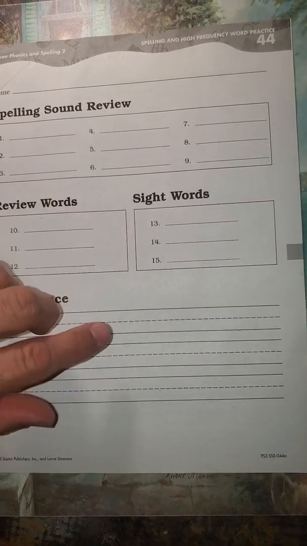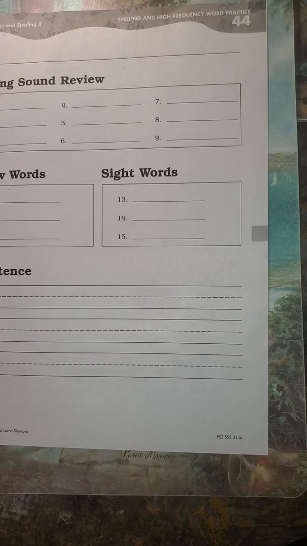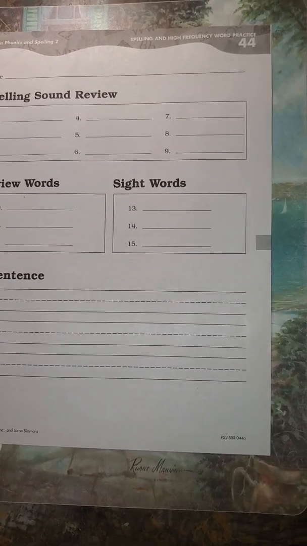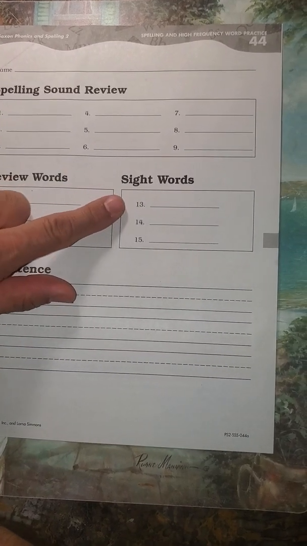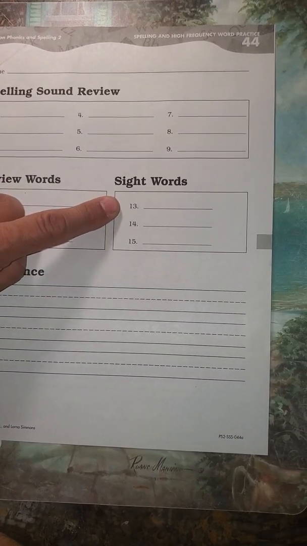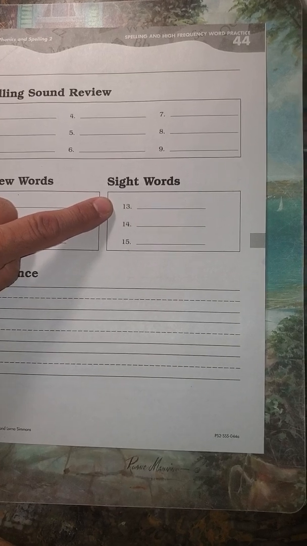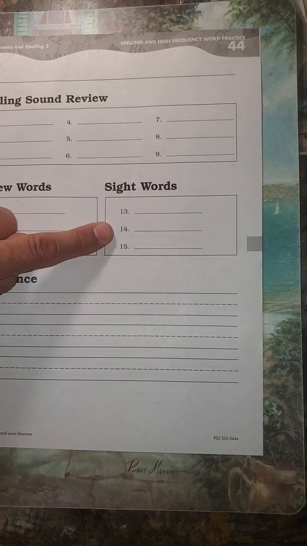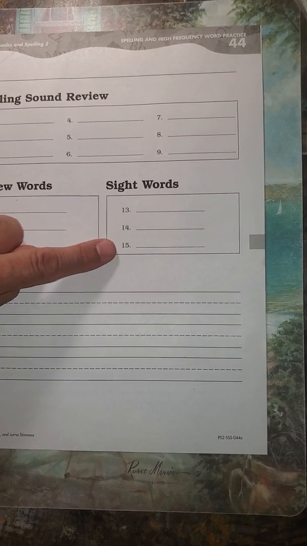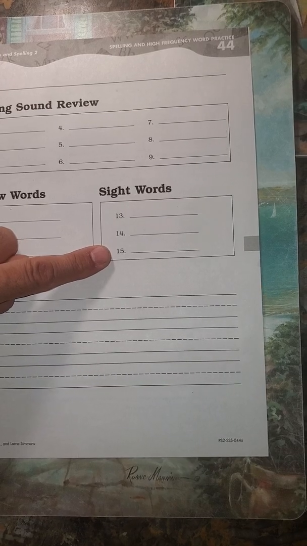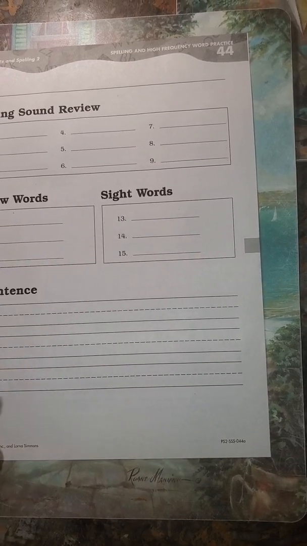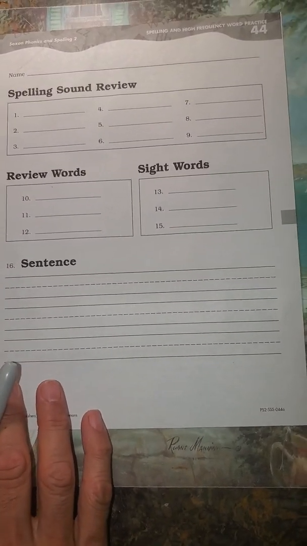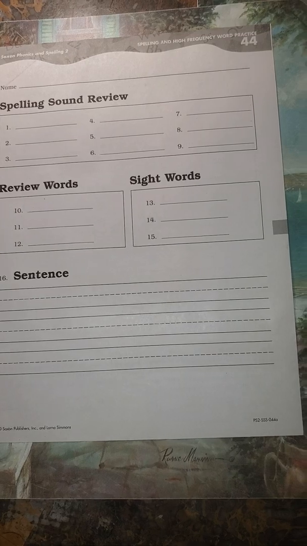13 through 15 are going to be sight words. Those are words that you are supposed to be practicing continuously so you can learn them by sight. The first one's going to be put. 14, pull. 15, full. Okay. Now for number 16, we're going to be working in making